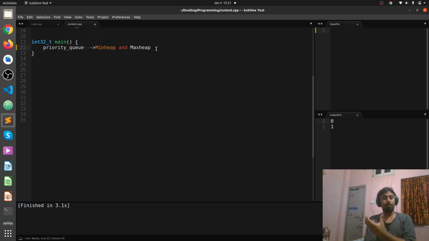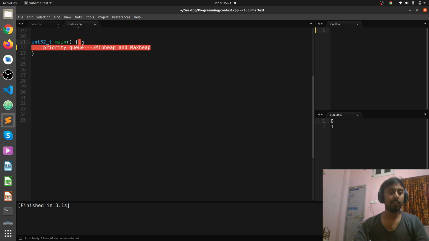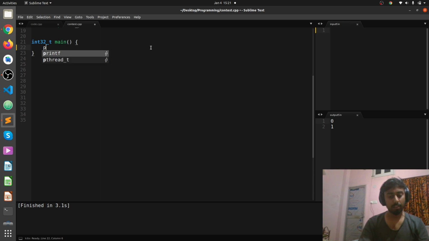Each time we pop from the priority queue, we get the smallest element in the min heap and the maximum element in the max heap. For example, by default priority queue is a max heap. So let's see how we can declare a priority queue as a max heap.